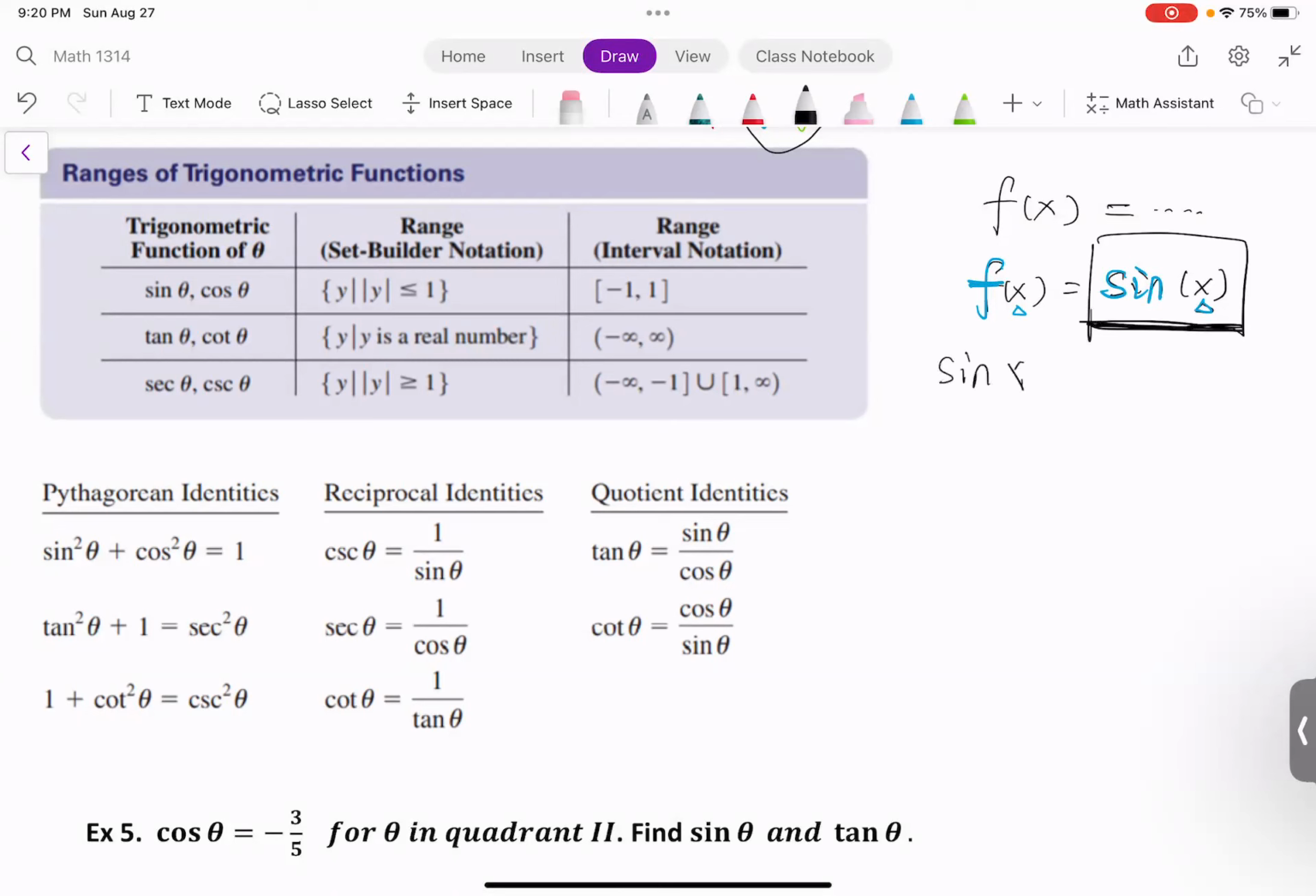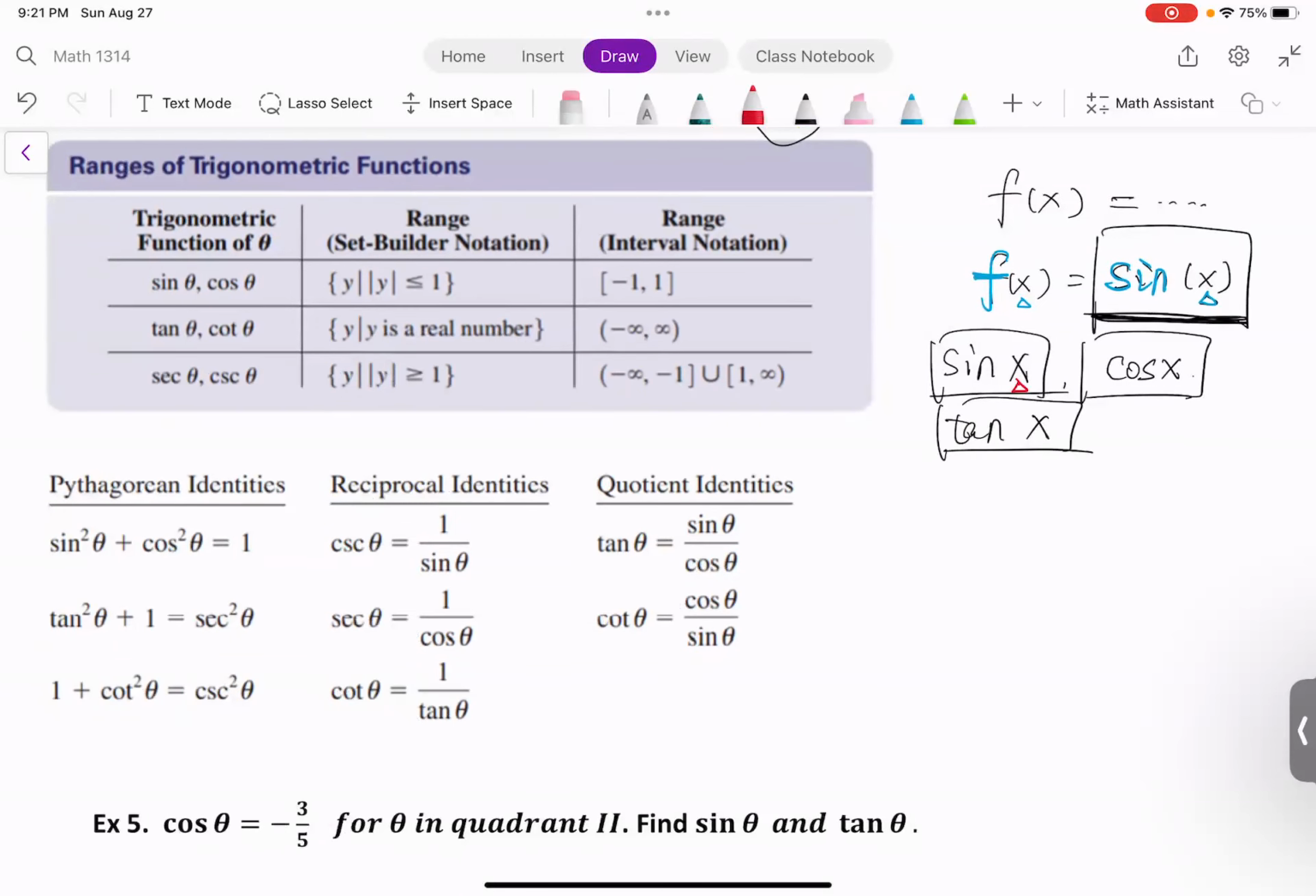So what is sine x? What is cosine x? What are tangent and cotangent? I want to evaluate what these are. These are the function values. And later we will talk about the domain. Domain means input, the x value. All right, in this table,